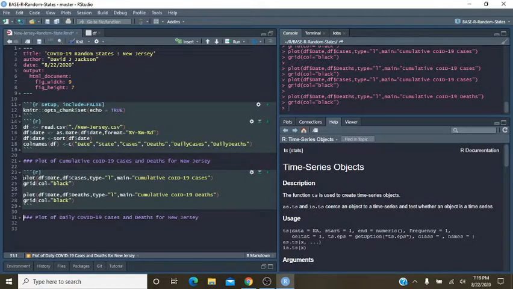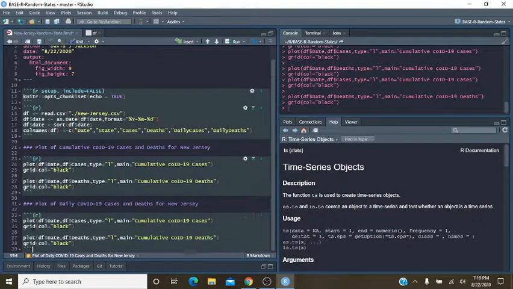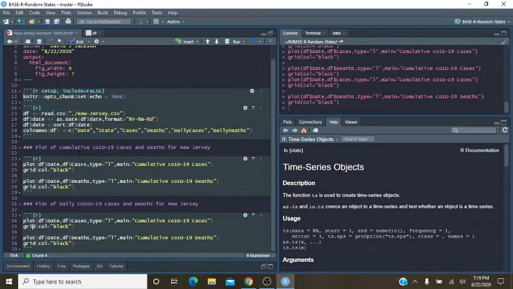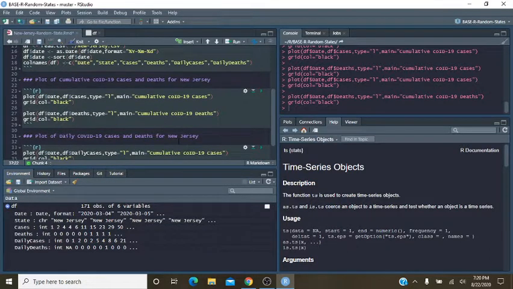And now we're just going to take these two plots here and do an initial change. Very good.